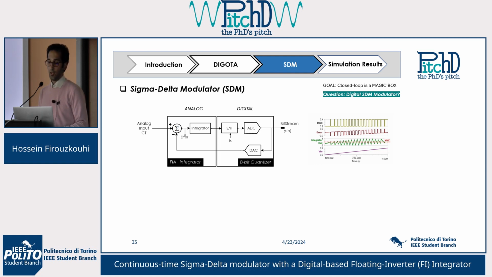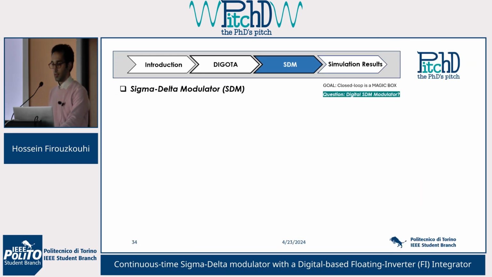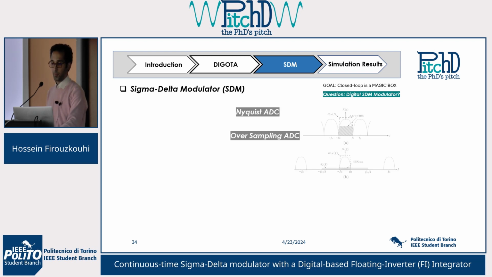So if we implement the integrator in a digital manner, we can take advantage of the digital implementation. So this is a single-ended architecture that we implement in the TSMC technology,